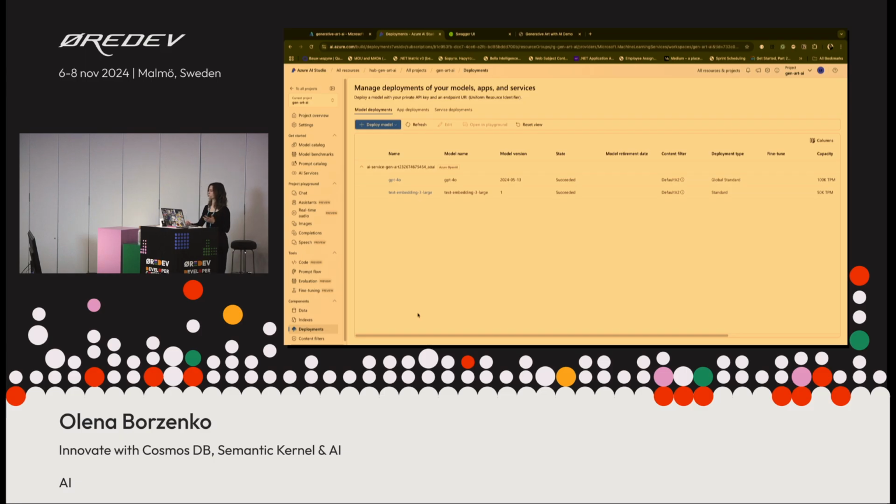But when I first ran it, I was like, oh, hold on, what's going on here? Why is it not working locally? So the permissions: define roles for the Azure Cosmos DB, and you will also have to assign the correct role for your Azure AI resource to be able to use it.